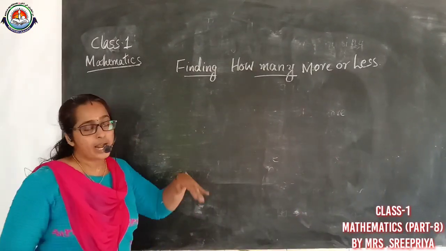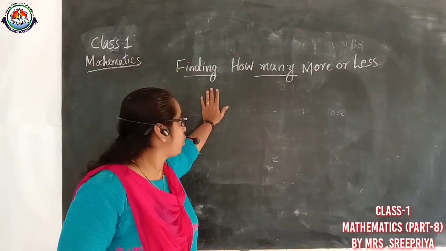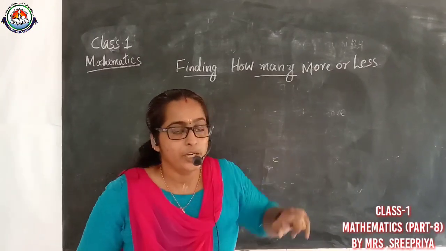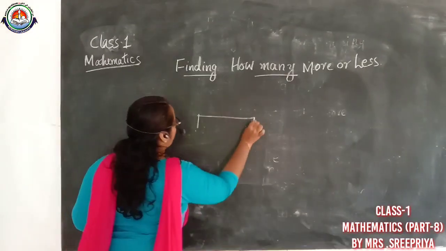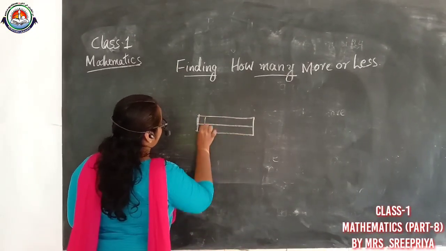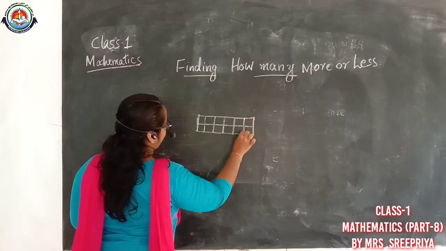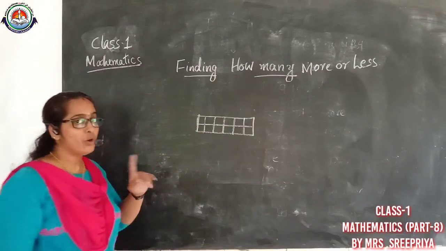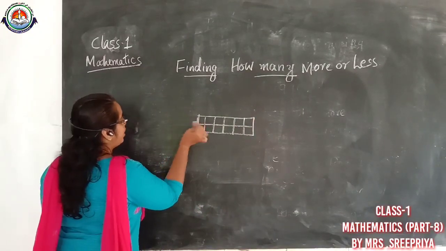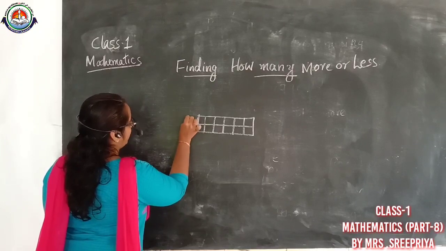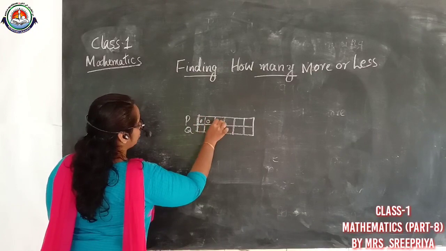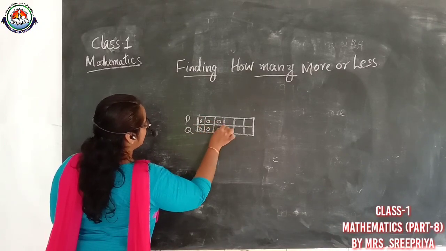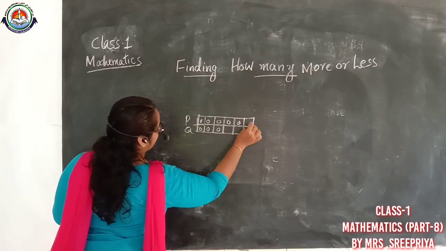So you all write in your notebook all the things that I draw here. Did you write or not? You need to write this. See what I draw here. See here. Okay. Take your notebook and start writing. I am going to give P and Q. Okay. P and Q. 1, 2, 3.